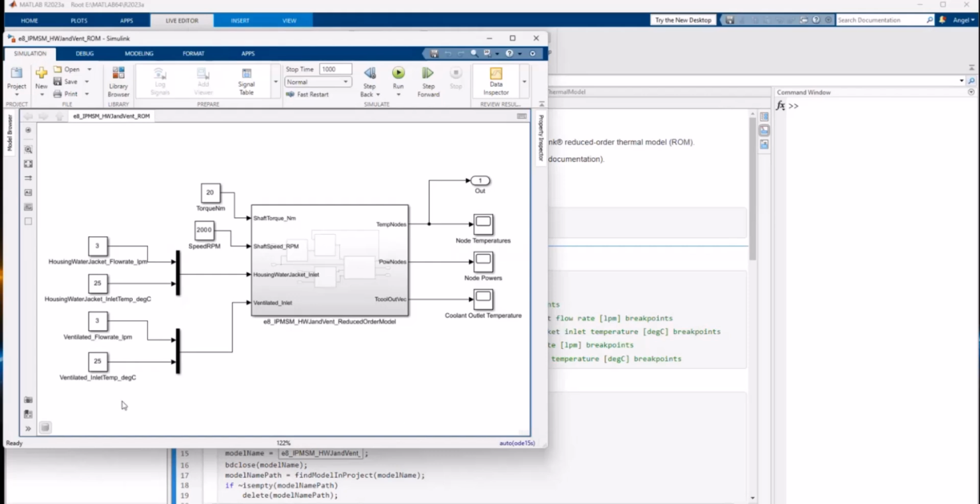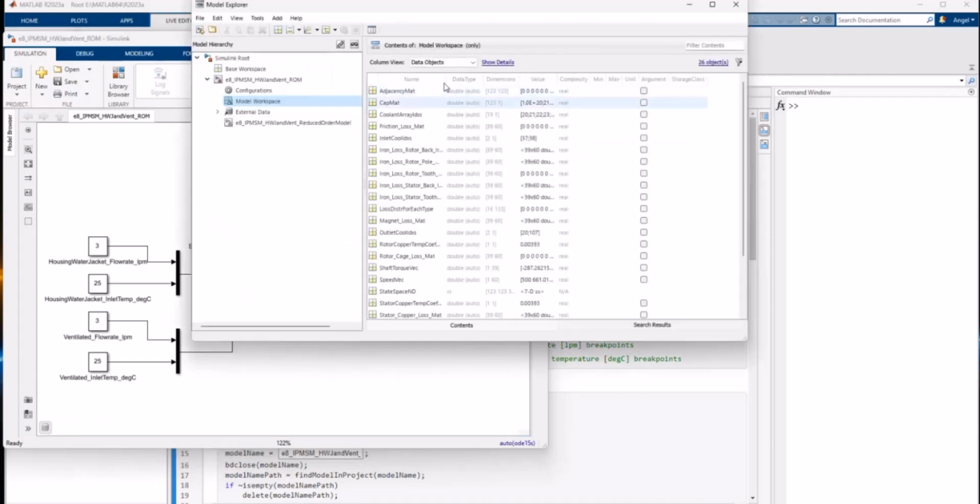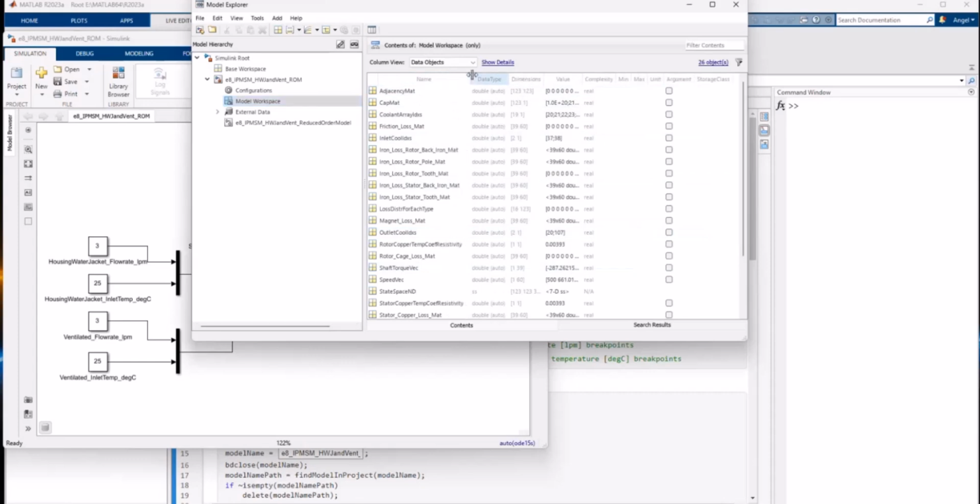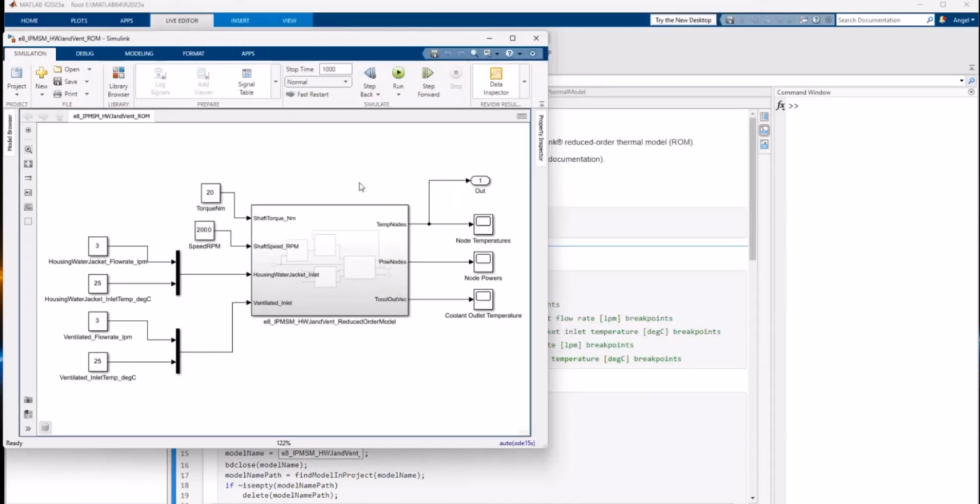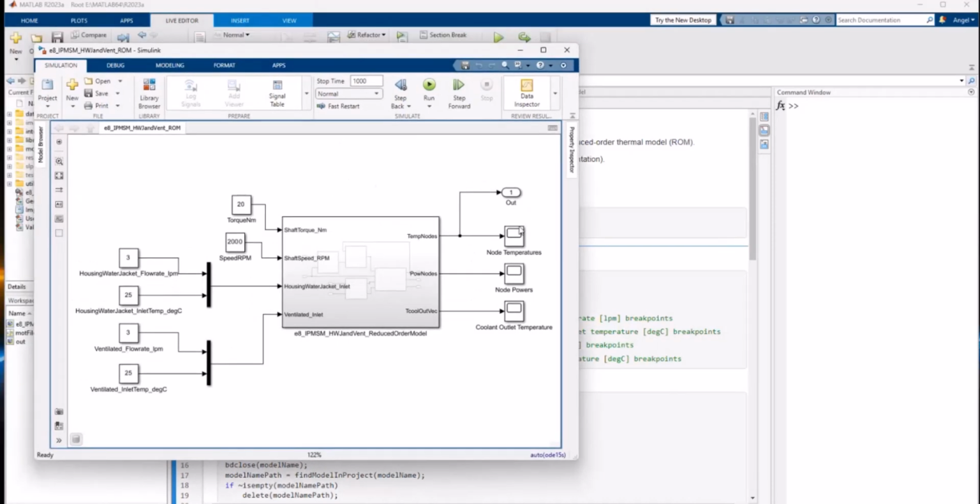And all the data that has been generated through MotorCAD calculations has been stored in this model as arrays. And you can find all the values from the export here. So once you have exported the model, you can close MotorCAD and you can also share it with your colleagues, and you can directly use it here with MATLAB and Simulink.